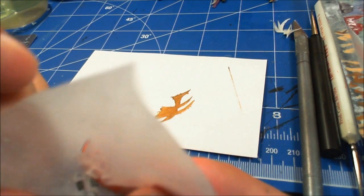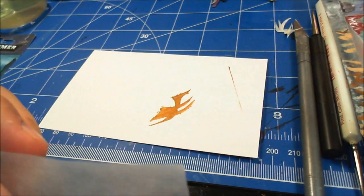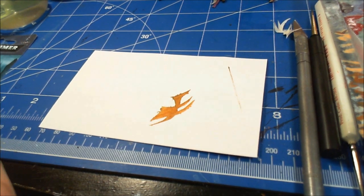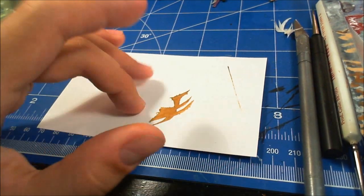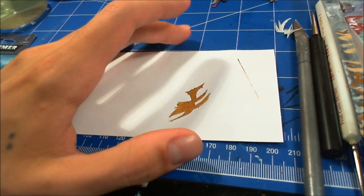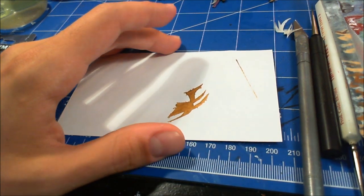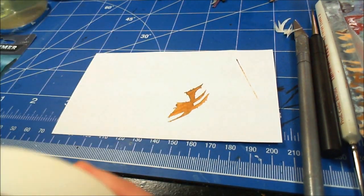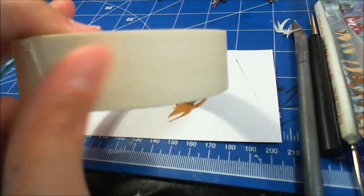There's a glossy side, and the other side feels kind of papery, but one side is more wax coated. So that's a good way of going around it. You can also print something off the computer if you find a design you like, and then stencil it, or even tape it right on top of your masking tape, and actually